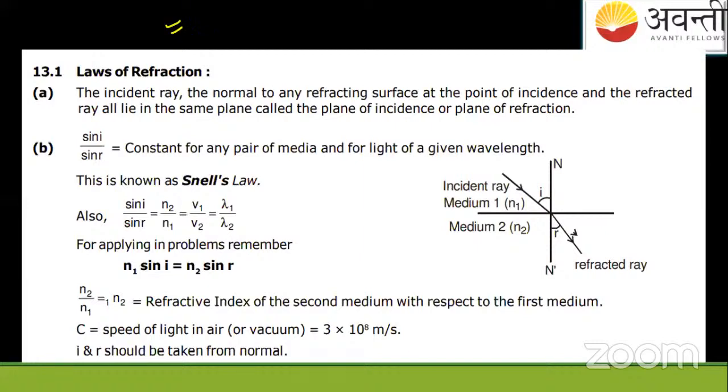These were the laws of refraction, which we studied in the previous class, isn't it, students? Yes, sir. And do you know what we studied about the laws of refraction specifically? Okay, some students have texted me. Let me see that. No, that's fine. So we have studied the laws of refraction, and we have seen that the incident ray